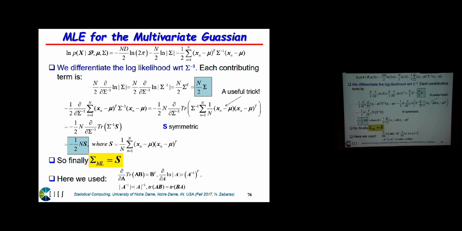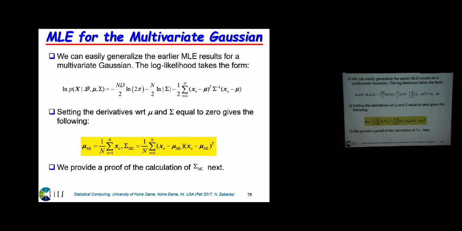And what is 1 over n, x n minus mu transpose, summation over n? It is the scattered data matrix, centralized. I mean, every operation in machine learning starts by centralizing the data and forming this scattered data matrix, this covariance matrix that you see here, this symmetric matrix. So I can write this as the trace of sigma minus 1 S, where S is given, and then you can use this formula here to differentiate, and the answer basically comes out immediately: our MLE estimates are the ones that you see here.